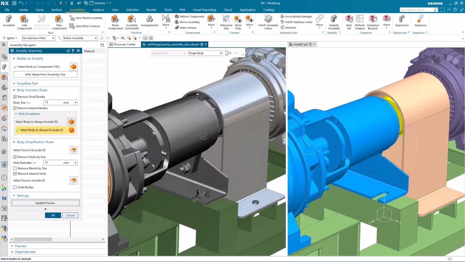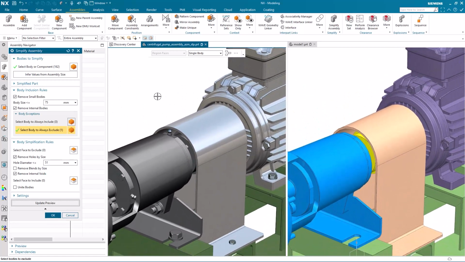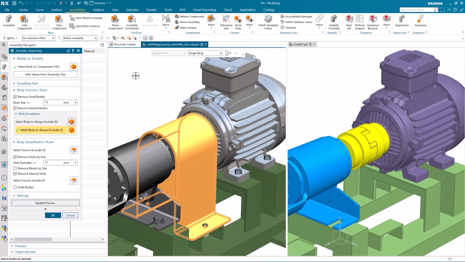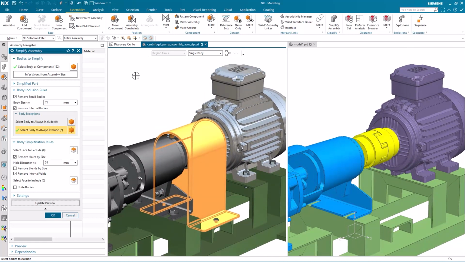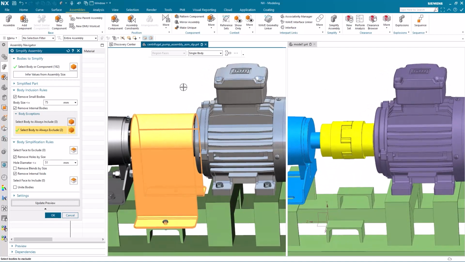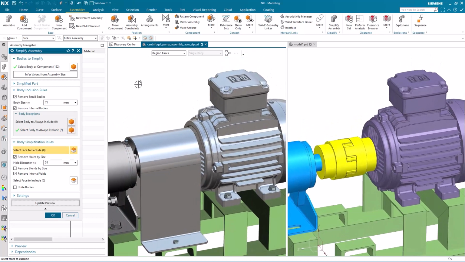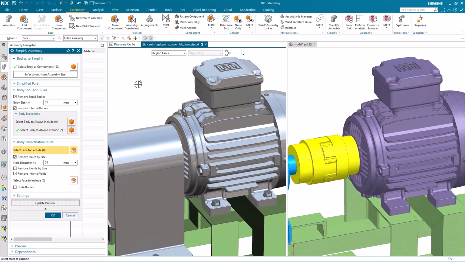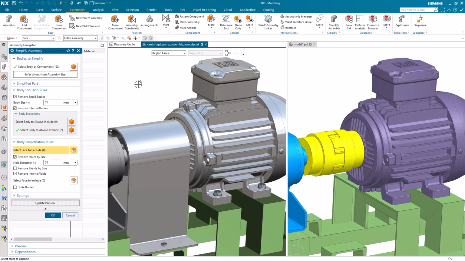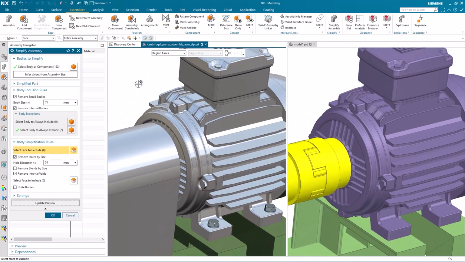If we move further back, we may not want the cover to be part of the simplified assembly. So again, I can remove that, and I could keep doing that for components that I don't want to be included. But what about individual areas of a particular component? Let's take a look at the motor itself. It's got a number of vanes in it, and again, it may be geometry that I don't want the supplier to have. So we can go in there and start to remove them.